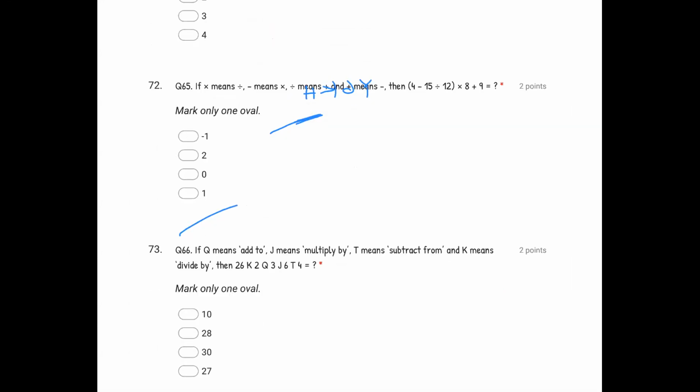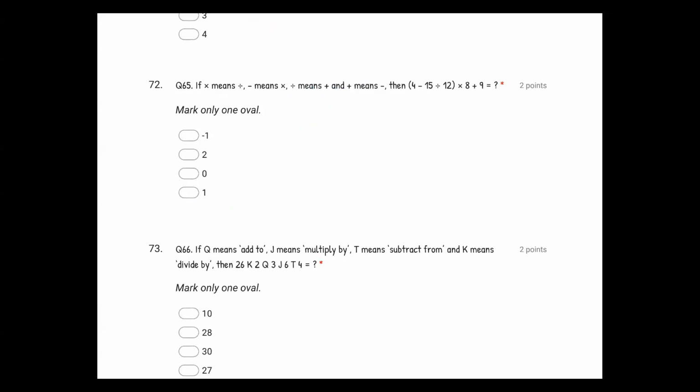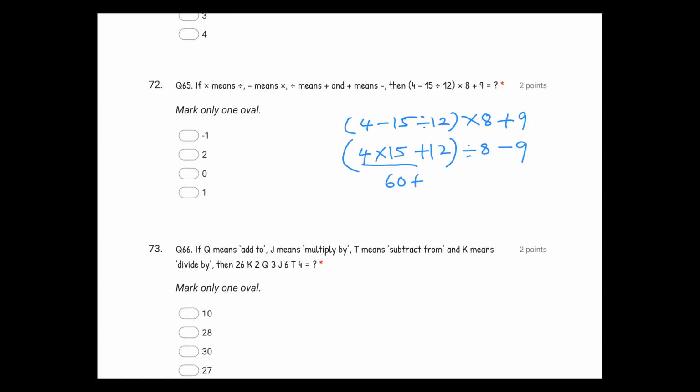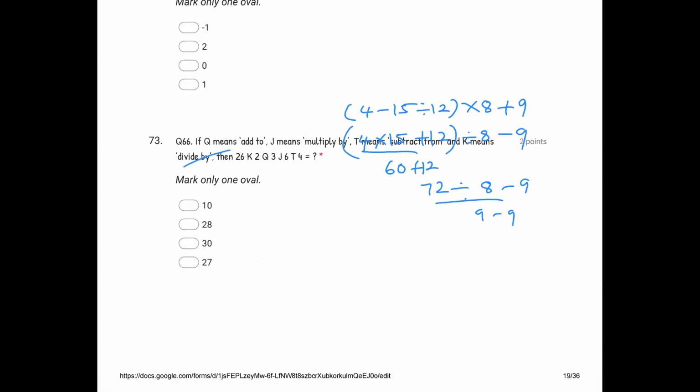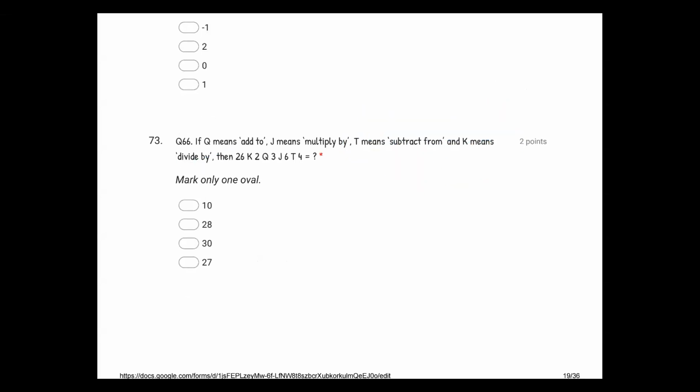And here it is a mathematical operation. First we got the question like that, but they gave some instructions. Here plus goes to into, into goes to division like that. In the place of minus you will get into. In the place of division you will get plus. In the place of into you will get divided by 8. In the place of plus, minus 9. First, as per brackets, you have 60 plus 8, 72 by 8 minus 9. 9 minus 9, it is 0. Mathematical error.